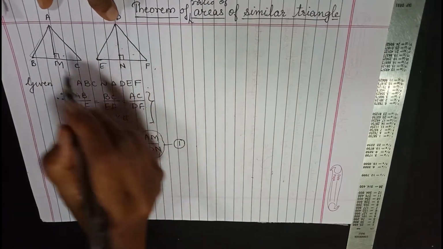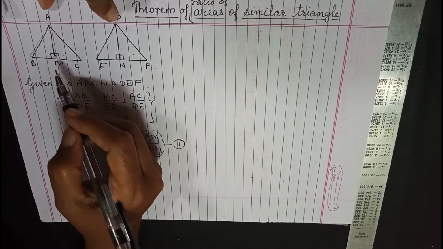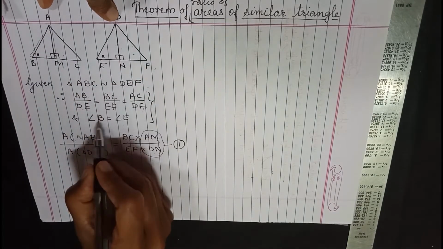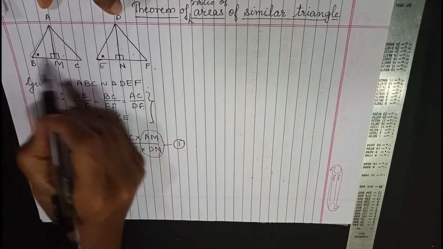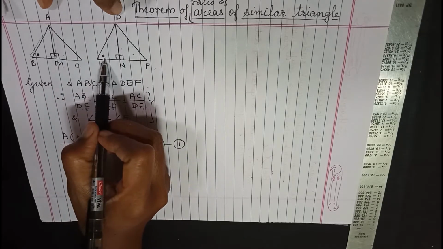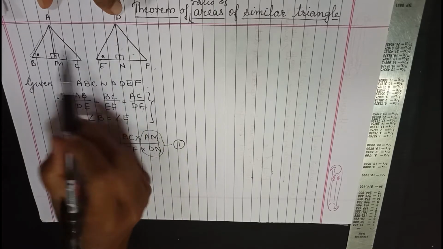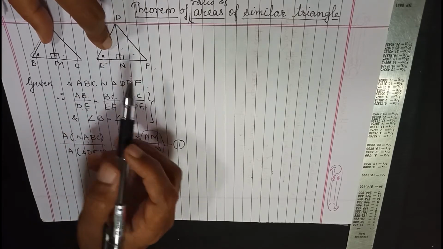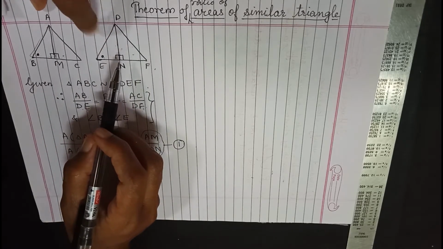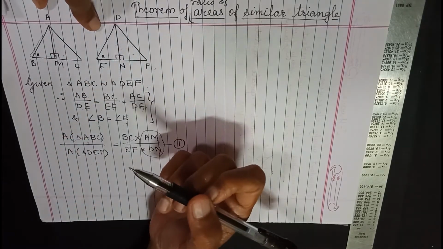Okay, so let us see how we can prove it. Now you can see this is one angle, 90 degrees by construction, because the height is always a perpendicular. So this is 90 degrees, and you know that angle B is equal to angle E. The reason is that these two big triangles are given as similar, and if triangles are similar, then their corresponding angles are equal, as you can see here. So by the AA test of similarity, these two small triangles are similar. How to write out the test of similarity, we have already seen in the earlier videos. You can refer to that video and see how we can write that the two triangles are similar by the AA test.